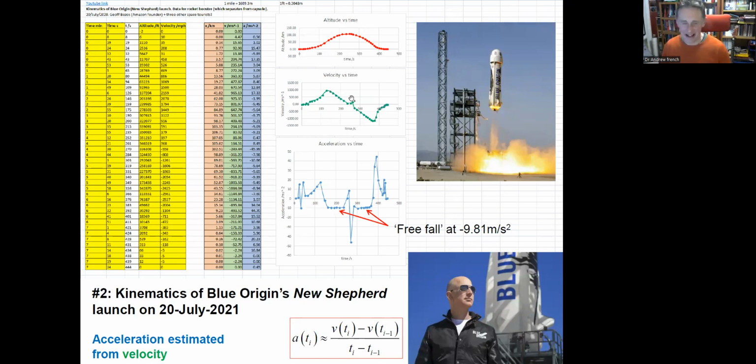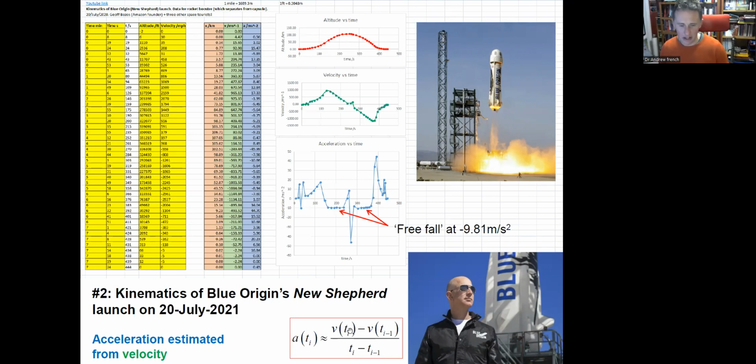But anyway, of course, you can see some slightly different accelerations as he's going up into space and also coming back down to Earth. So how have we worked out the gradients? Well, in an even simpler way than by fitting cubic splines. Literally, we've done the difference in velocity.